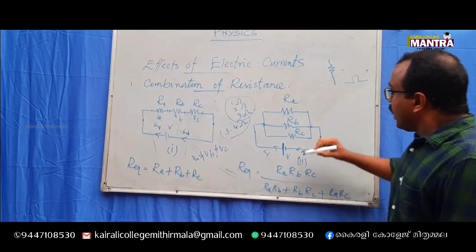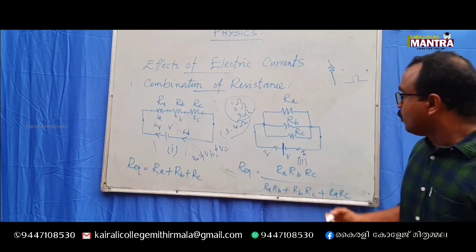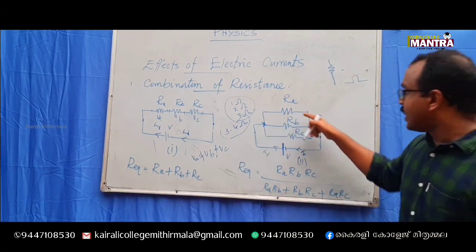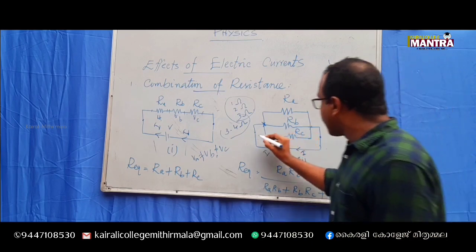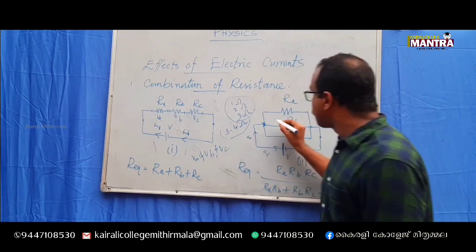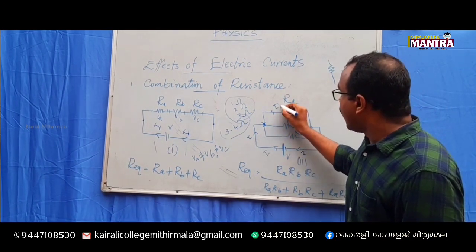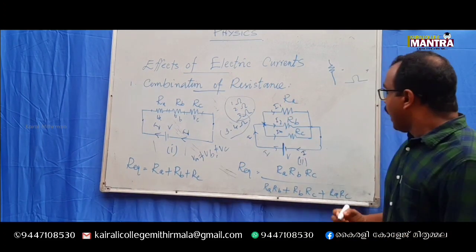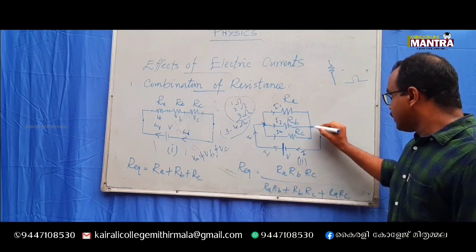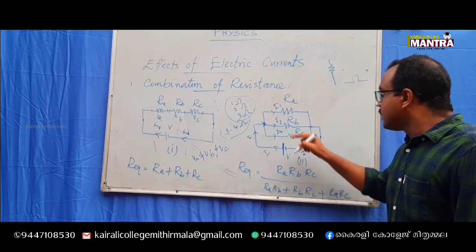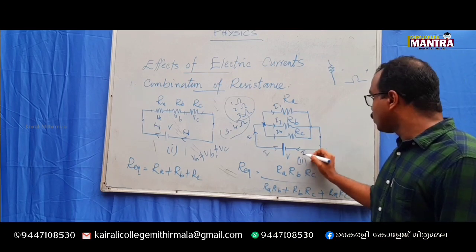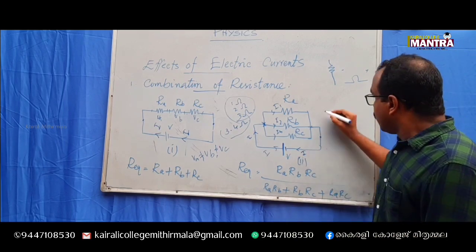The first one we call a series connection, and this one we call a parallel connection. I already told you at this point the current is divided among these branches. Suppose we have a current I here, and at this point this current is divided into I1, I2, I3. And this is a common point where all these currents get recombined and come back to the same voltage source V.